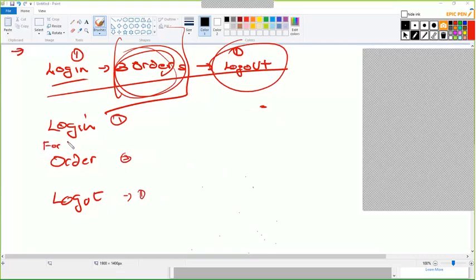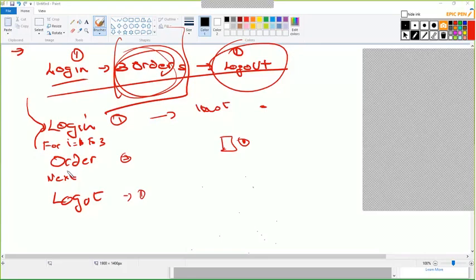The for loop here, for I equal to 0 to 3. Next, 0 to 1 to 2, 1 to 3. Next, what will happen? If the script runs, it will do this login. Since our setting is 1 iteration only, it will do login once. And then go in. It will do the order action only once, but since there is a for loop inside, it will do the for 3 times.